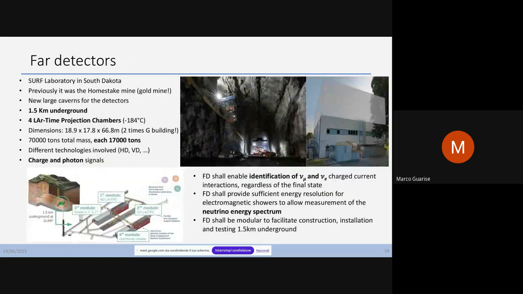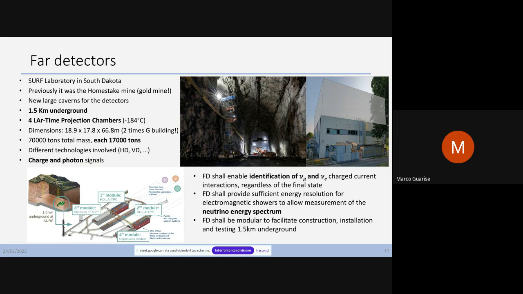So let's now move to the far detectors. The far detectors, as I said, are placed in the SURF laboratory in South Dakota, and they are very large time projection chambers with dimensions of 20 by 20 by 70 meters. So you have to imagine two G buildings, one on top of the other, and these are the dimensions. And this is the picture of the cavern, which